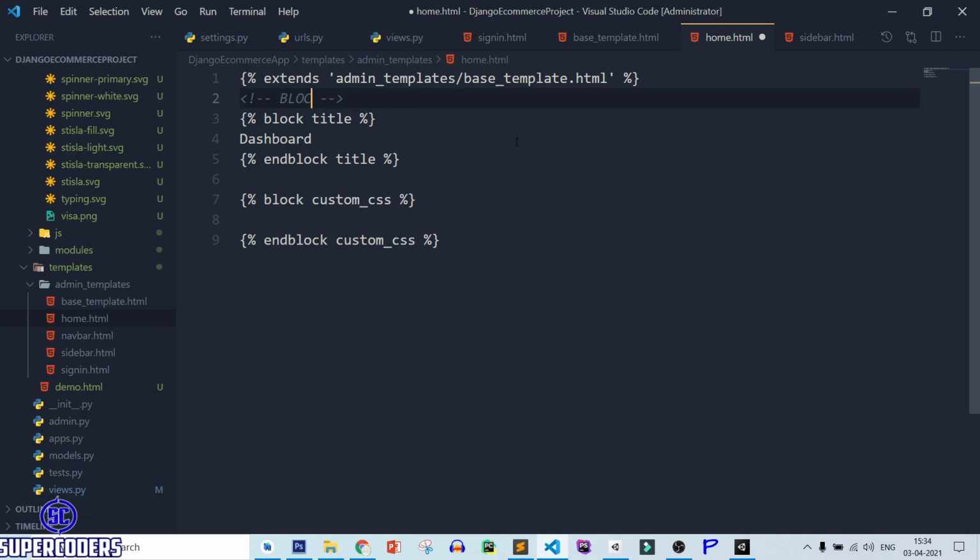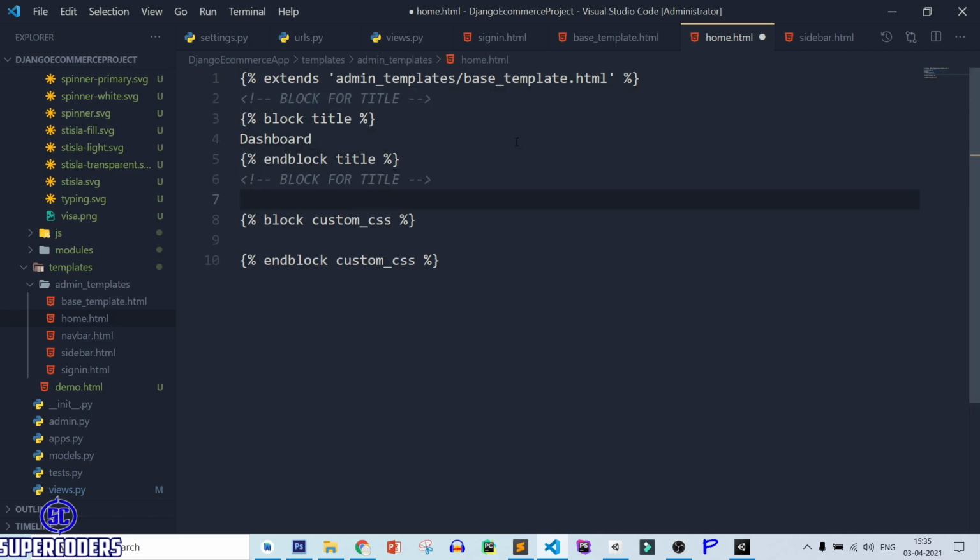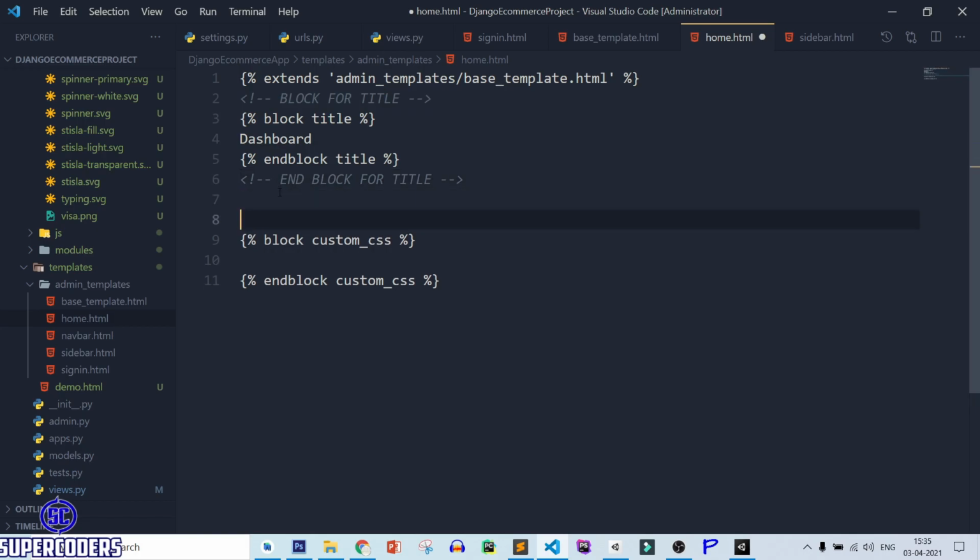Block for title and block for title. Block for custom CSS and block for custom CSS. So here I write the comment so you can understand better.